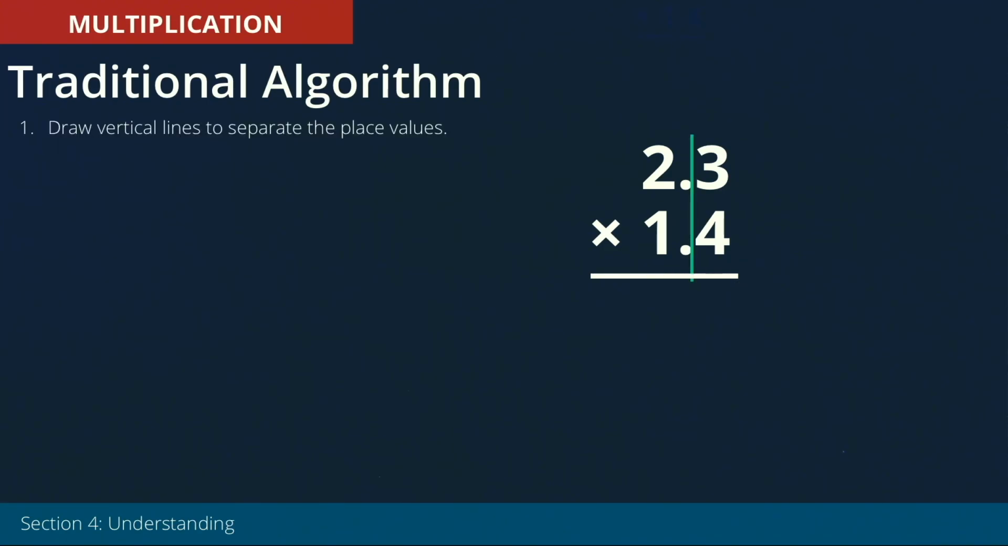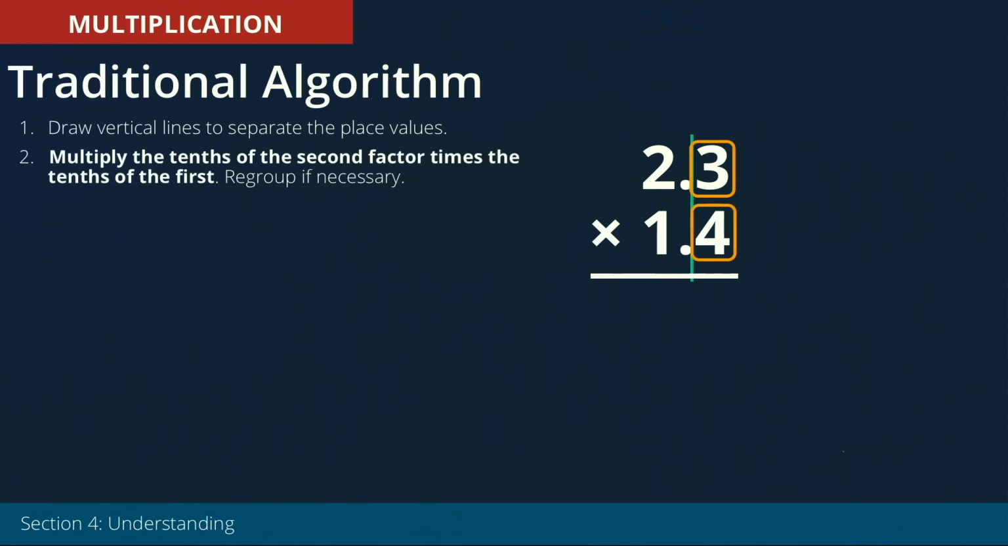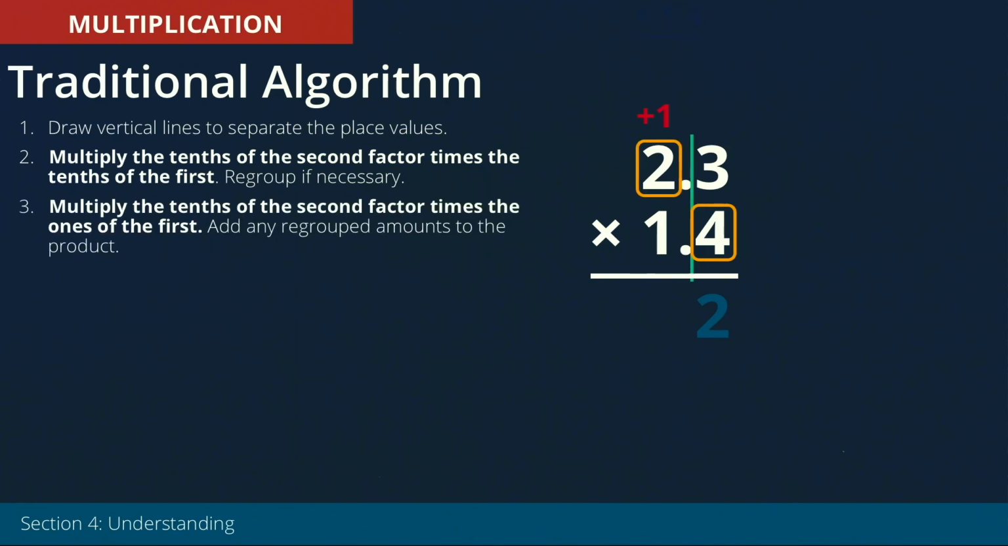So one of the things we want to do is draw vertical lines to separate the place values. And then we're going to multiply the tenths of the second factor times the tenths of the first. So here 4/10 times 3/10 would be 12/10. So I'll go ahead and write that on my problem just like that. Now then I'm going to multiply the tenths of the second factor times the ones of the first. So now I'm multiplying 4/10 times 2, and then I have to add in that regrouped 1. So when I do that multiplication there, I have